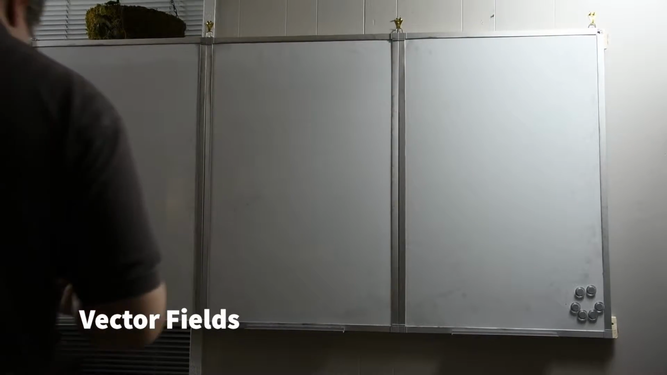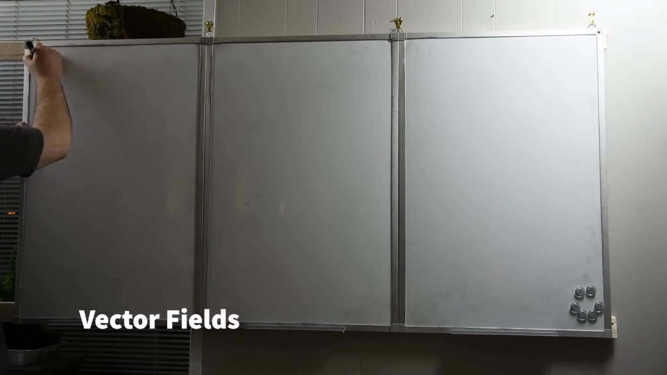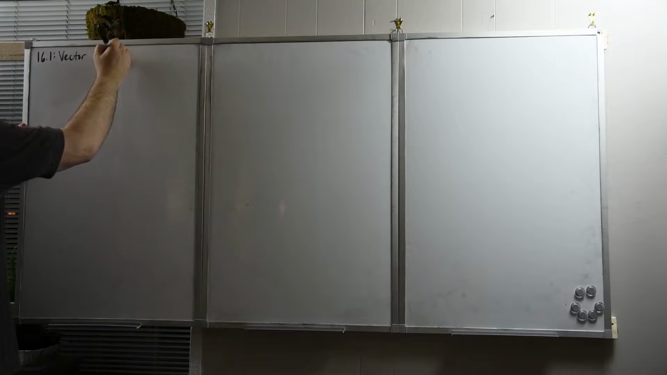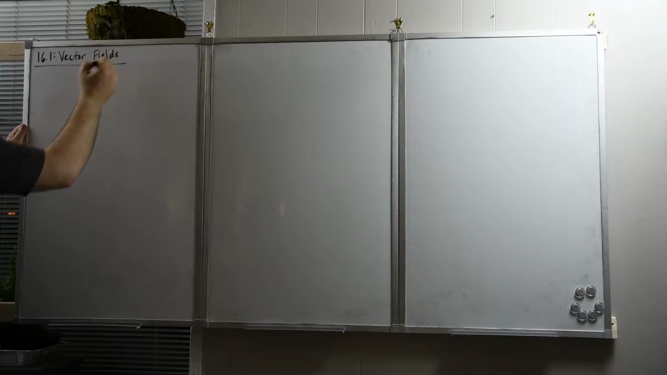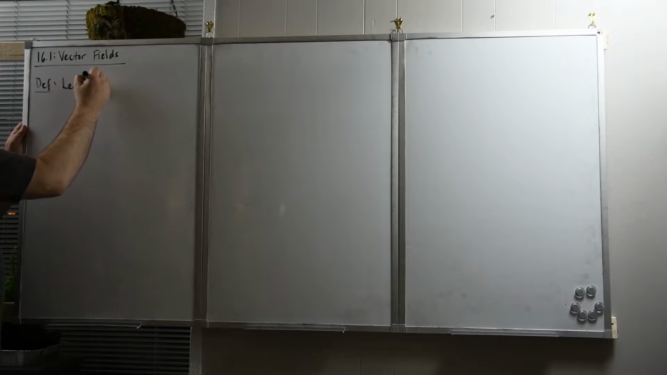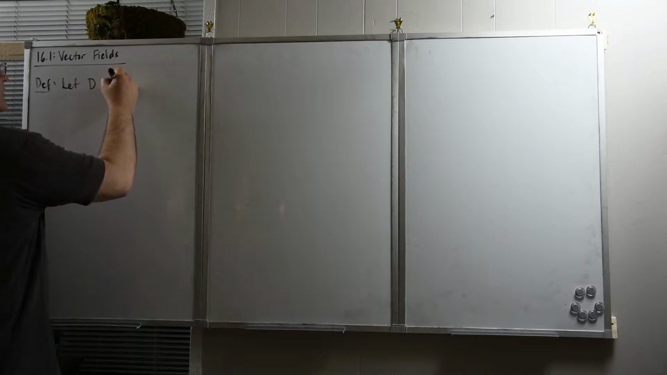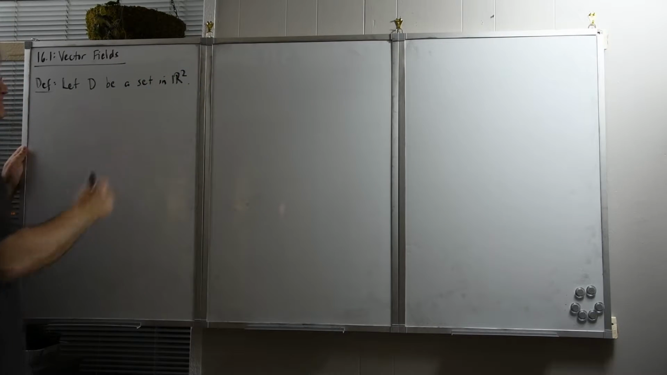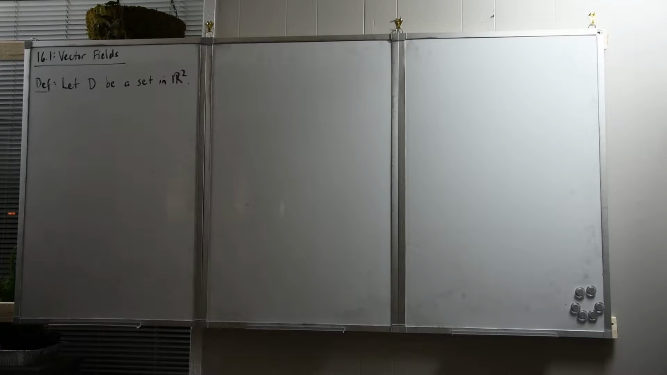Alright, so this time we're taking a look at section 16.1, which deals with vector fields. Alright, so let's take a look at the definition. We're going to have D. It's going to be a set in R2. And then a vector field on R2